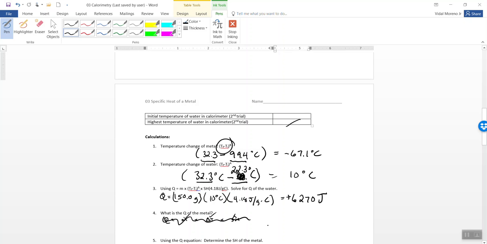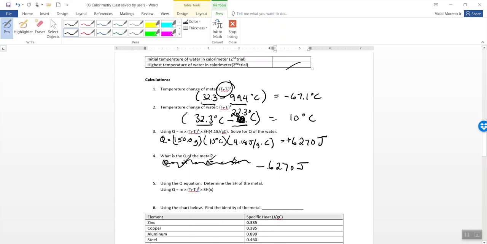Therefore, if you know that the energy that the water absorbed is a positive 6,270 joules, how much energy did the metal give off? Awesome. Now, can we use everything else to figure out the specific heat? Yes. Negative